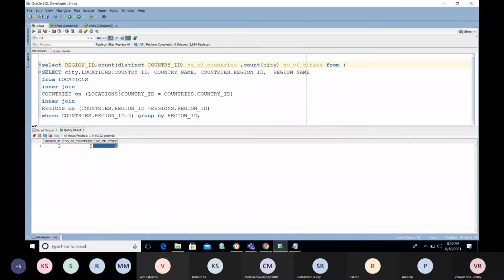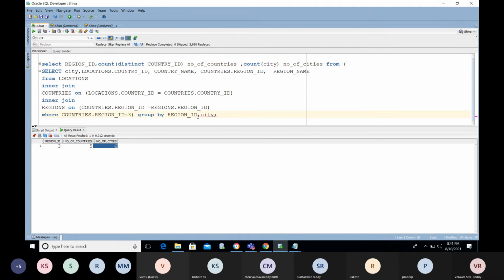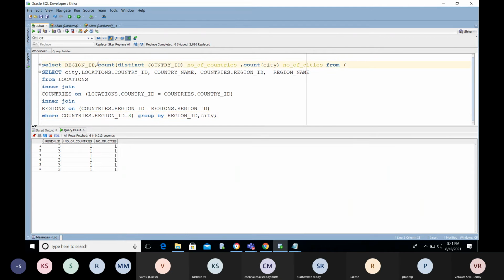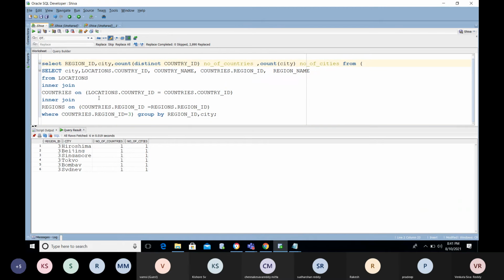Got it? So I requested, country wise, how many cities we have. Correct. Now you need to put city in the group by clause. See, for region ID 3.